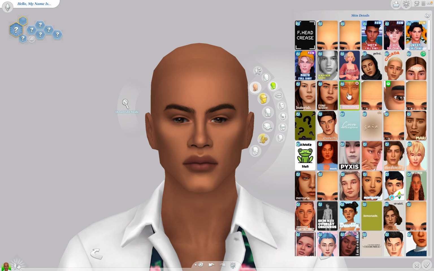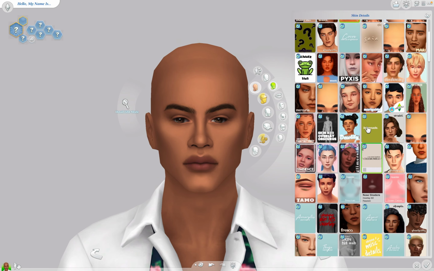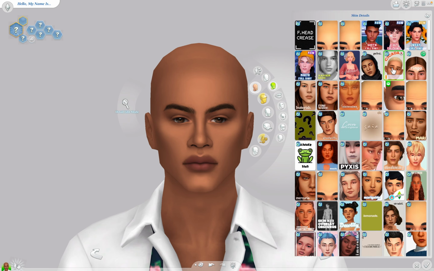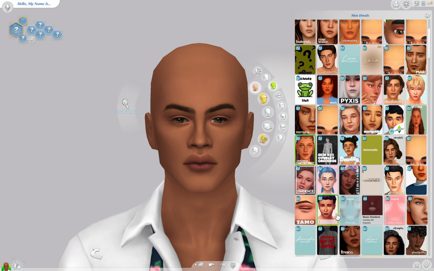So I have a tendency to use a lot of the same skins. I have a pretty decent amount. I cannot remember the last time that I've actually downloaded a new skin overlay, just because I feel like I have such a good variation personally, and I have favorites. This is one of my favorites, and I think I might use this on him. This skin from Nishi,